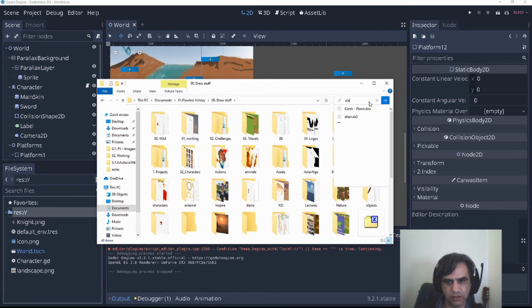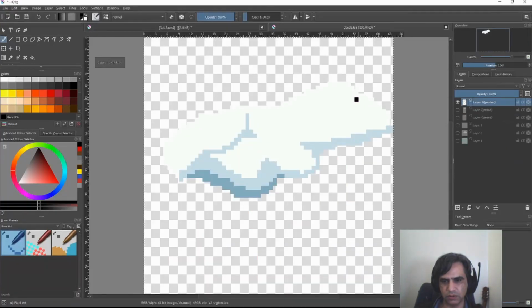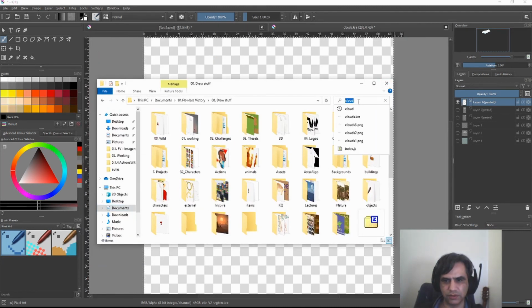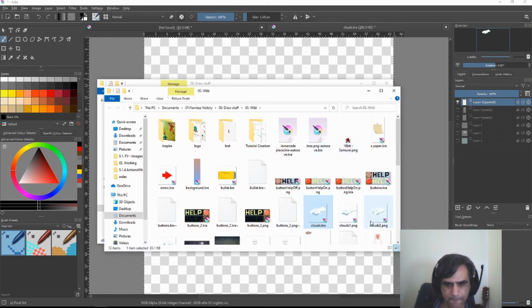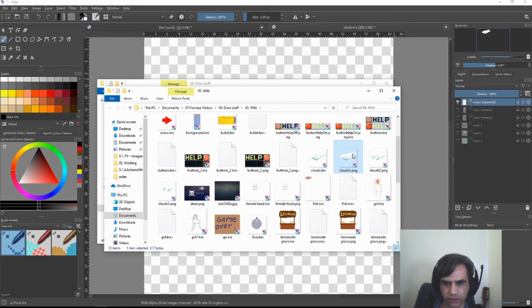Clouds. No, I don't want to open. No, I want to open file location, and I have some PNGs. We have 3 clouds. Let's copy.